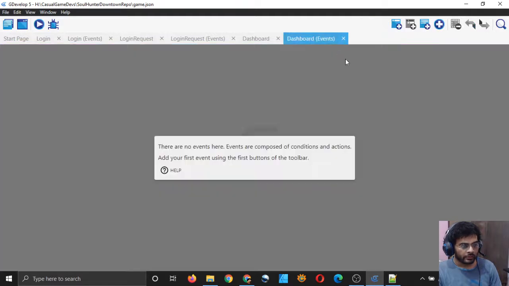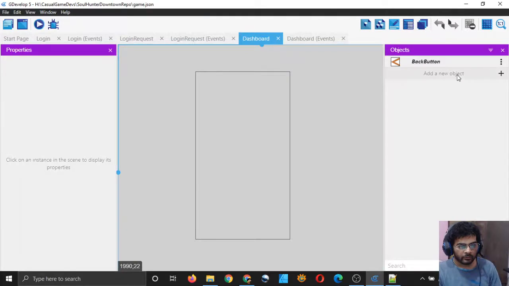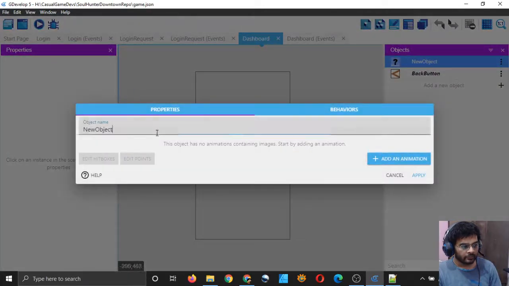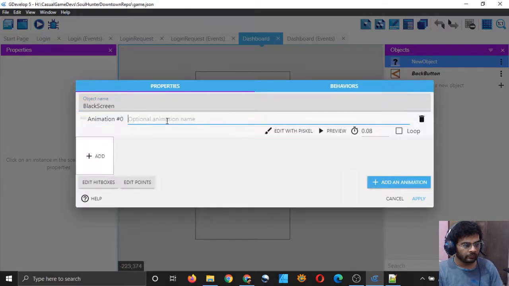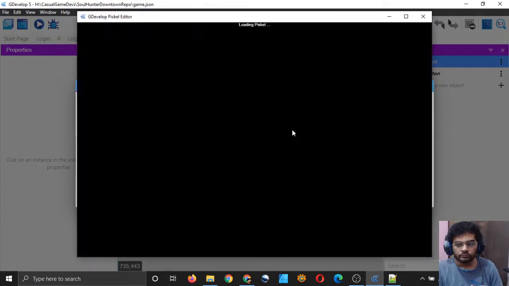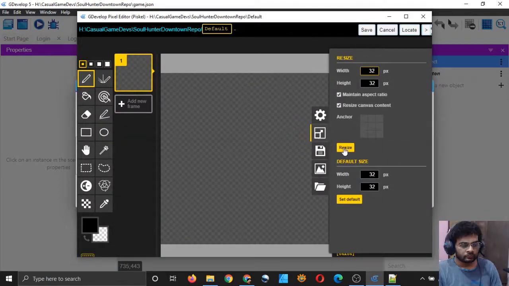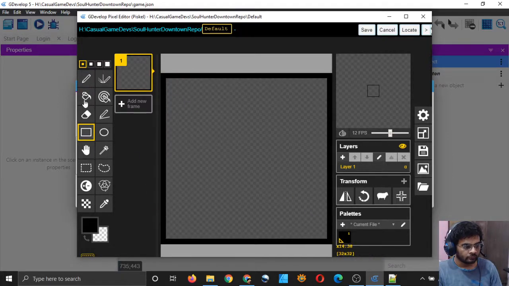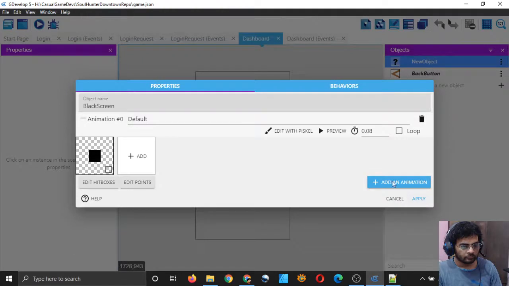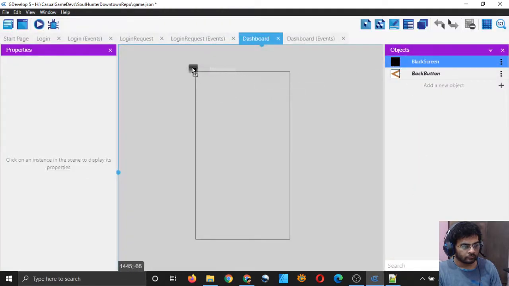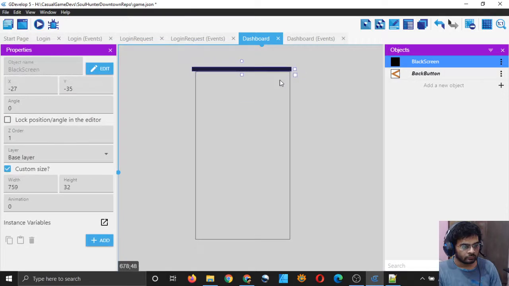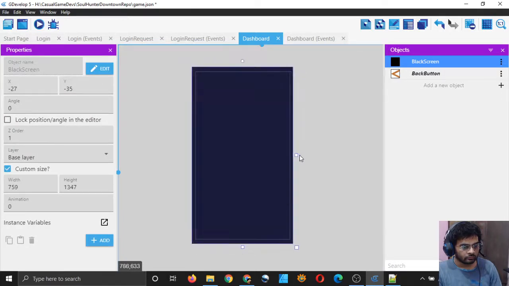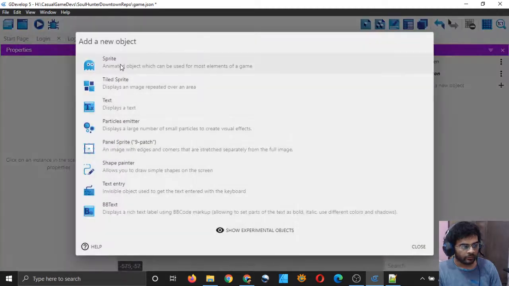Okay, and in the dashboard, I want to add a new screen, screen default. And I will add a text object just as a placeholder.